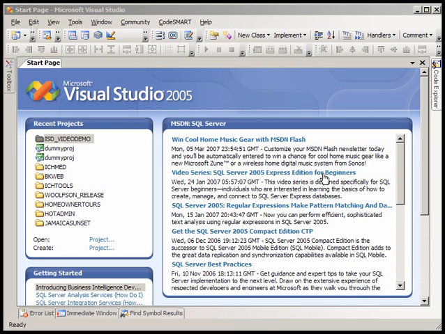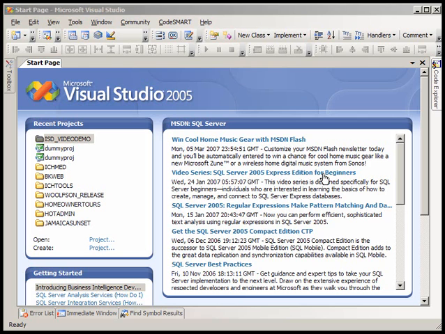I'm an Iron Speed Designer MVP, and today I'm going to show you briefly how you can use Visual Studio 2005 and Iron Speed Designer together to work on the same application. This might seem like an intimidating process for some of you, and I can certainly understand that, but as I go through this demonstration, I'll show you how easy it is to really do this and how much it can